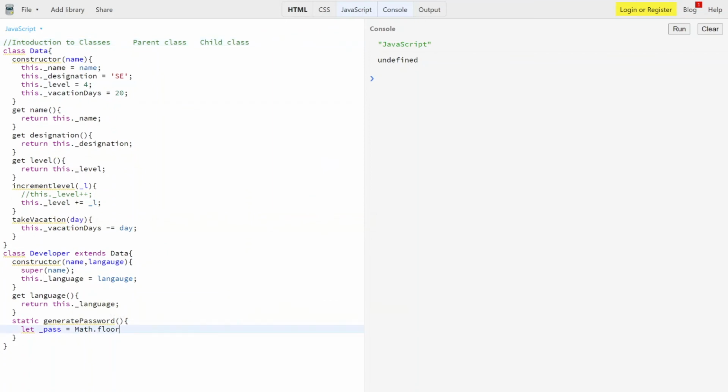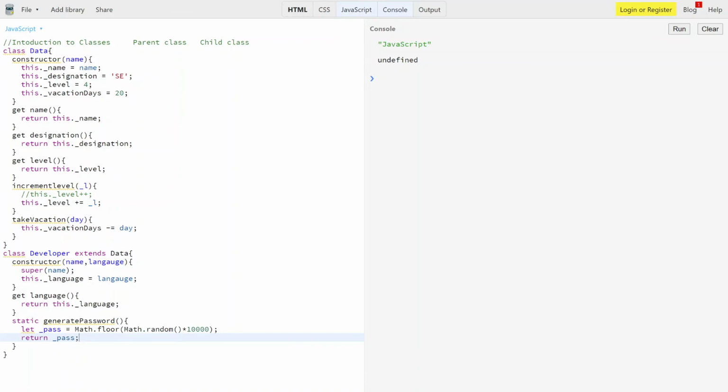So we have Math.floor and I'm accessing that random method. So we have Math.random multiplied by 1000, and then I simply want to return this. So we have return _pass.